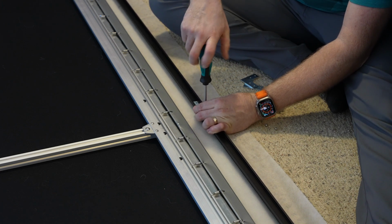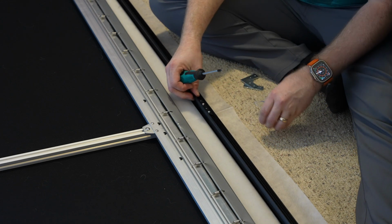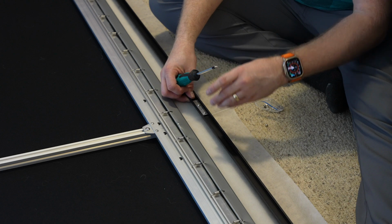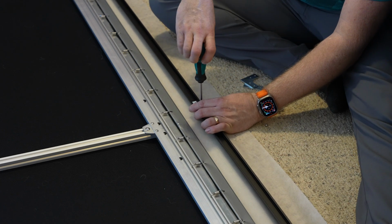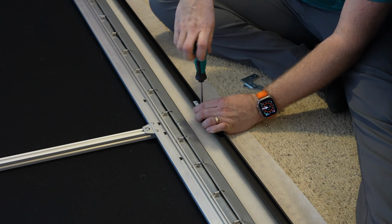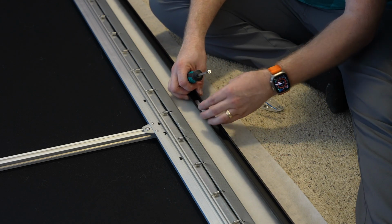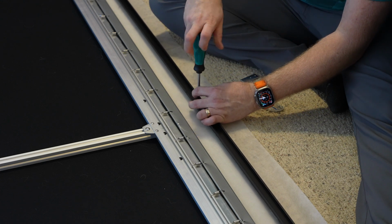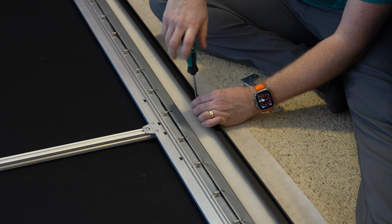I'll get a closer up shot once I get these set, so you know what to expect on this one. Not too difficult. It's just a frame. This is just the aesthetics. It's not going to actually be anything load bearing at all. It's just to give that nice look all the way around. But just like the other ones, we're just going to have to be careful when we do the corners